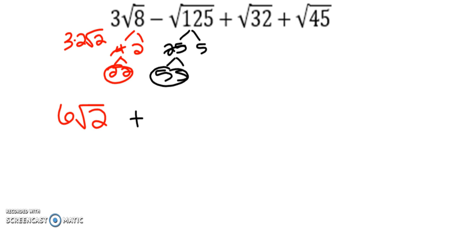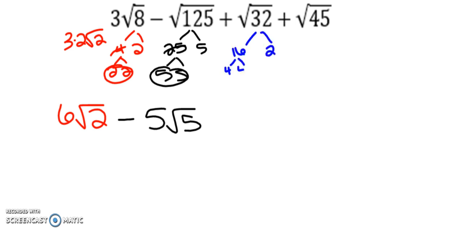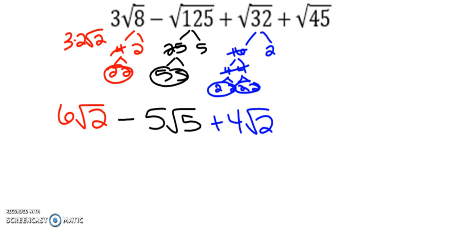And it's not going to be plus, it's going to be minus 5 times the square root of 5. If I break down 32, in this case, it is plus 4 times the square root of 2. And my last one,